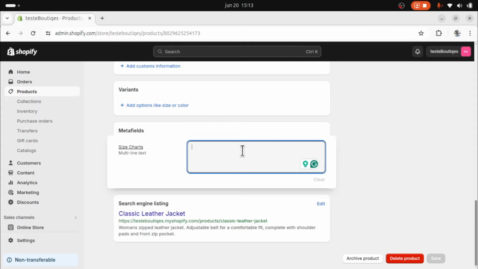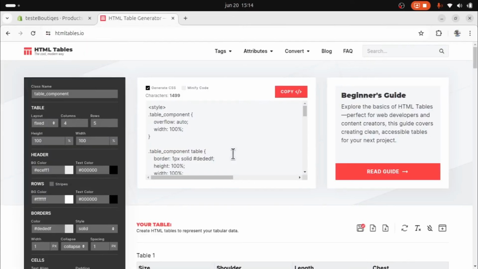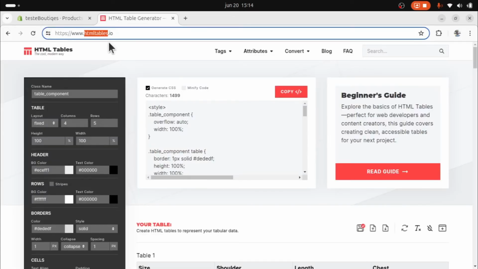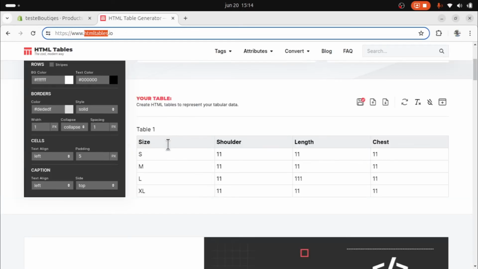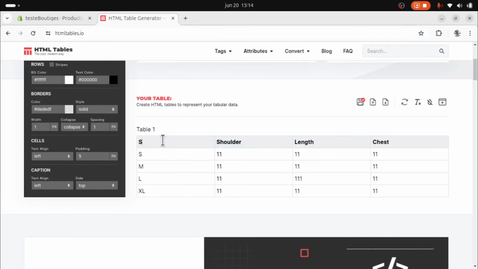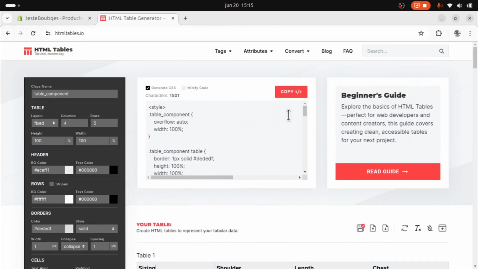I like to create the size chart table with a website called htmltables.io. You just type this URL in your browser, okay? And here we can choose how many columns and rows and also style the size chart table. To add the table content, we can just click on the table cell, remove this, and type another thing, size, for example. And when you are done with the table editor, you can just copy the table code over here